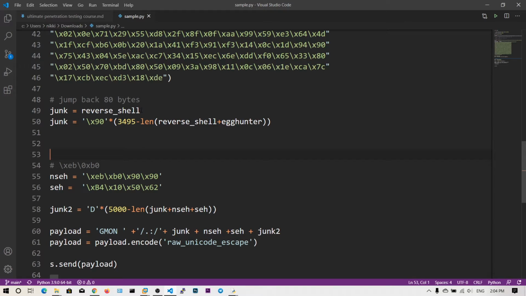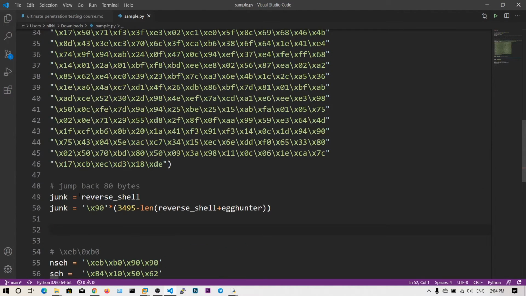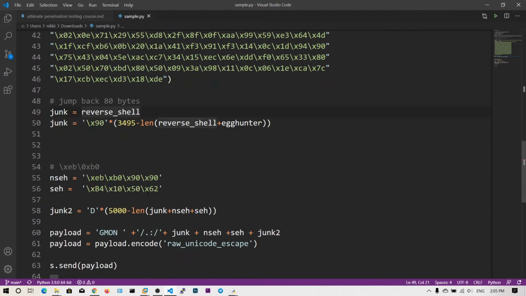So now there will be a place to put the egg hunter, because first the reverse shell will take some 400 bytes, and then after that we will place some NOPs, and also we will get the space for the egg hunter. Now you can say here the egg hunter. Now junk is equal to reverse shell, okay, that's fine.